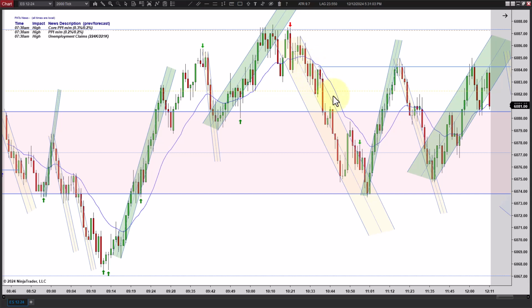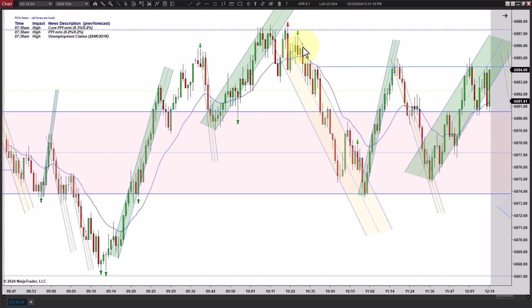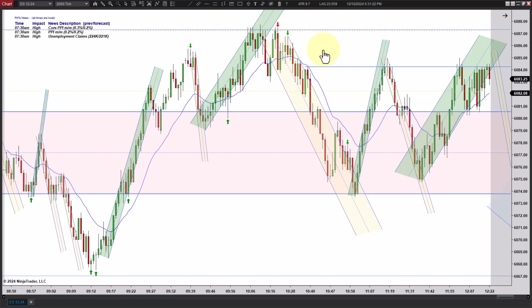And it drops on down. At the very least, you might mark it green. It's a lower high after a triple test. This one would have been better, but the signal bar doesn't qualify, and you don't want to enter on the engulfing bar out of congestion. So simple as that.